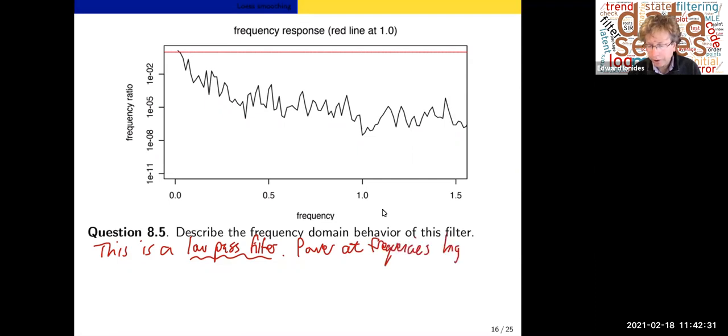Power at frequencies higher than, well, let's pick a point here, this is about 0.1, let's say 0.1 cycles per year, which is of course a 10-year cycle,